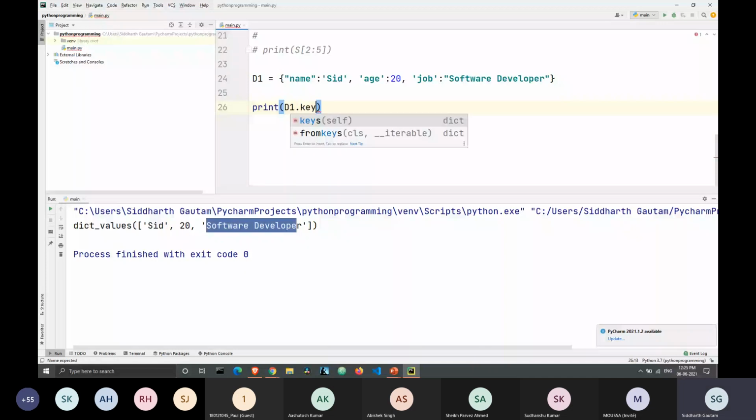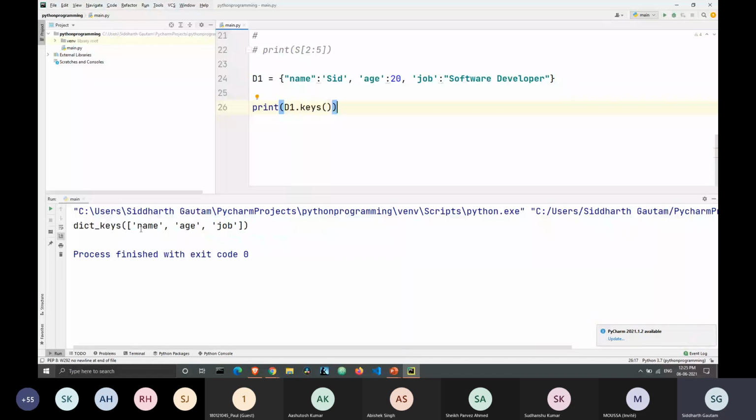And when I run this, I have my output, which is name, age, and job. It's very similar to when we printed values in our last method. When we print keys, only the keys, which are name, age, and job, got printed here. So this is how the keys method works.